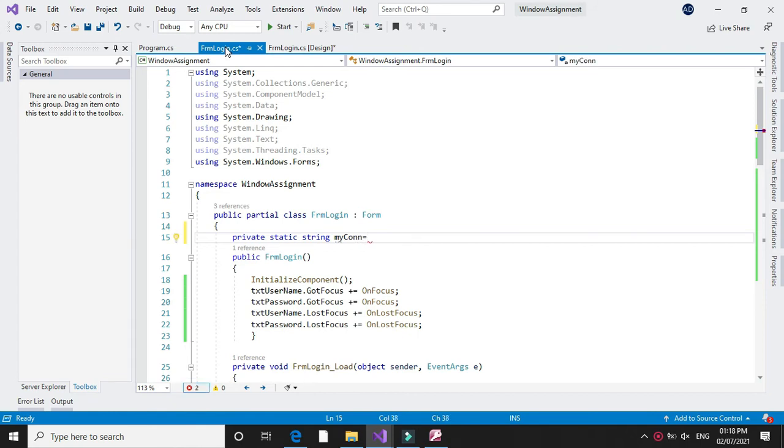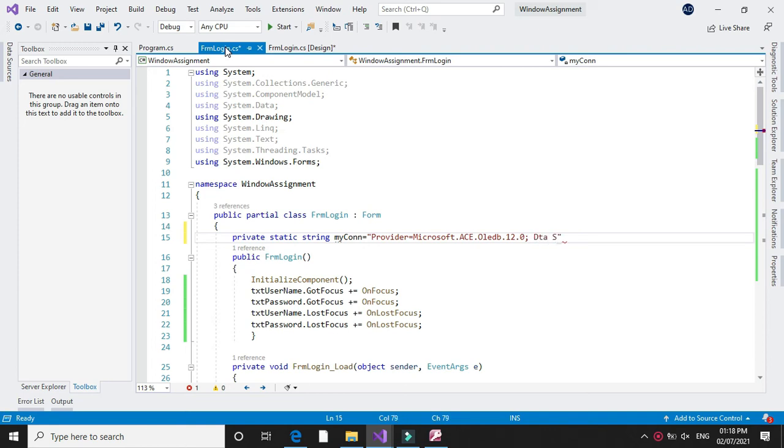You know the connection string consists of the provider. So we have created the database in Access 2007, so the provider will be Microsoft.ACE.OLEDB.12.0.